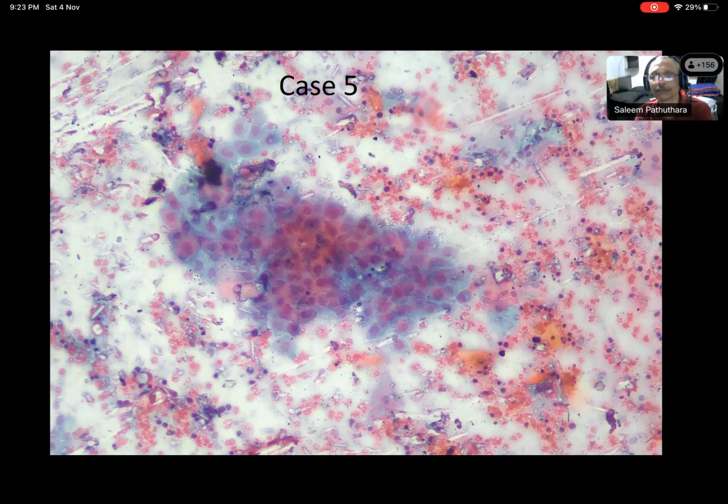A 58-year-old female who presented with leukorrhea. She got a pap smear. The pap smear study is unsatisfactory for evaluation as it is completely obscured by blood and blood elements. In the background we can see a few cells, but they are overlapped. And we can see nucleus enlarged, which can be because of the dragging artifact.